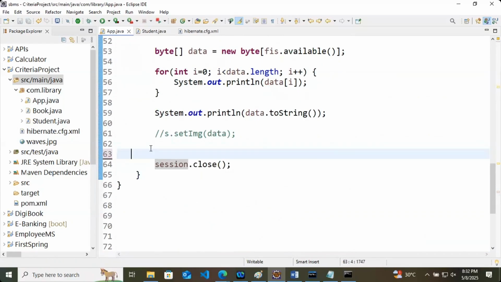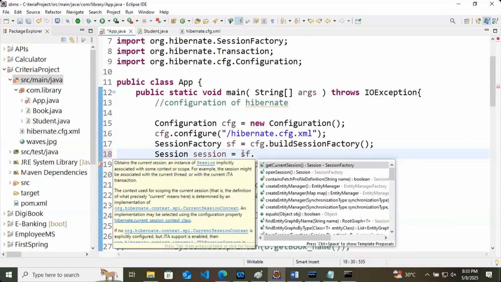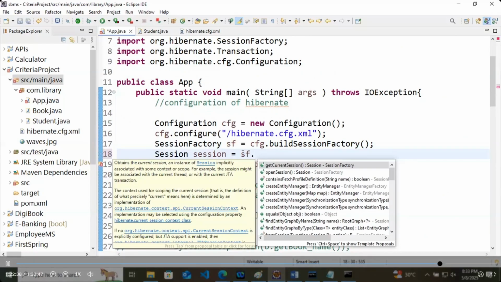Whenever we are creating our session, sf dot open session, this sf is the session factory. Here we will write something like sf dot.